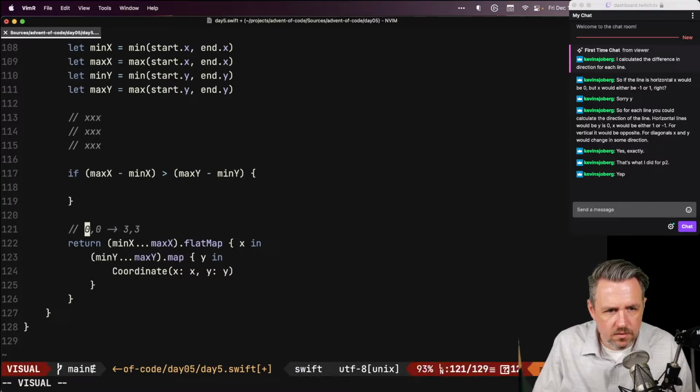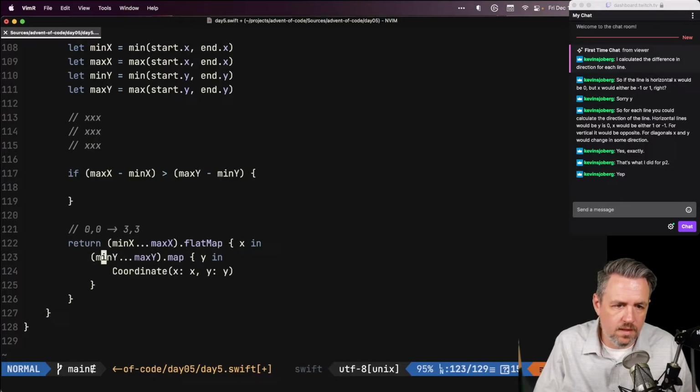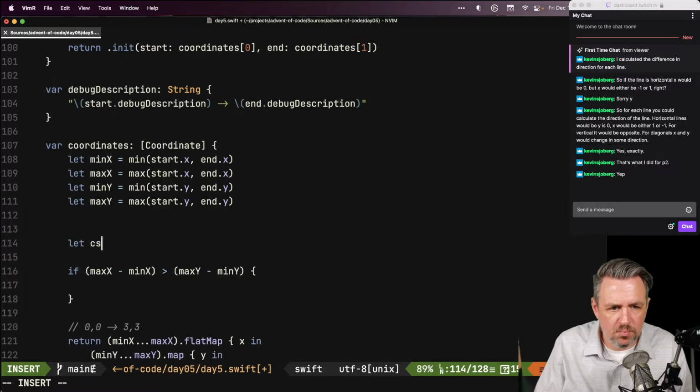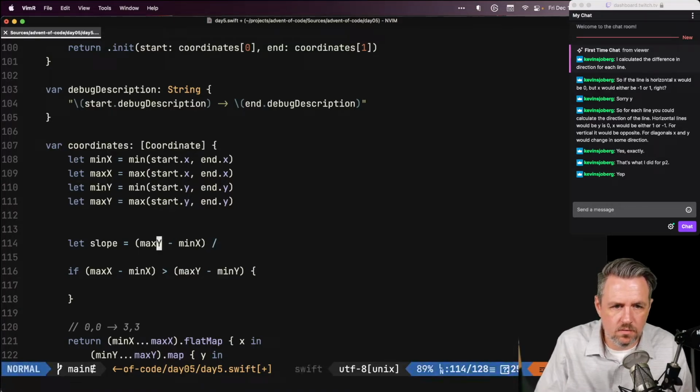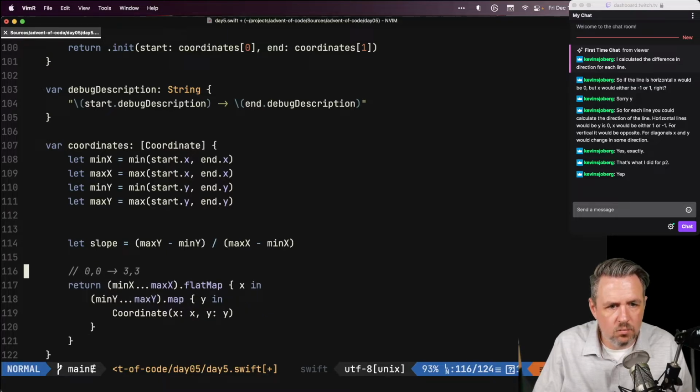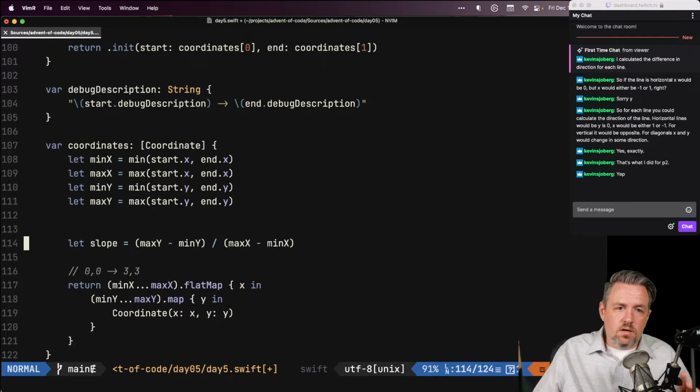My question though is, okay, so if I have 0 here and then 0 here, that first coordinate I get is correct. And the next time through I have 1 here and 0 here, and that's not correct. So that's definitely why it's not working. Okay, so what we're saying is if we calculate the slope, which is going to be max x minus min x over, no, this needs to be y's first, max y minus min y over max x minus min x, then I'll have the slope of the line, and I could start at the